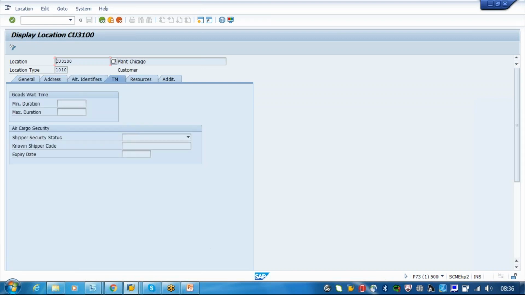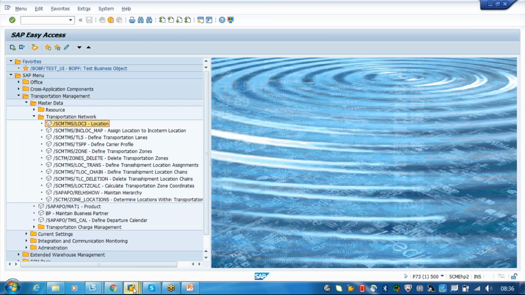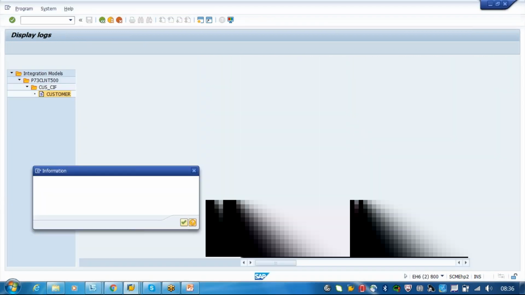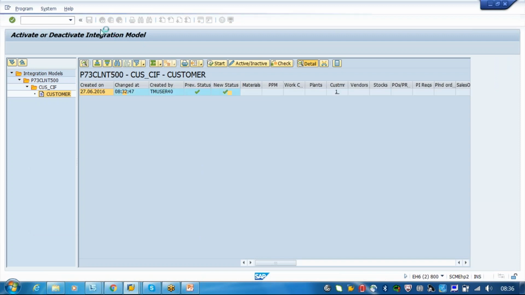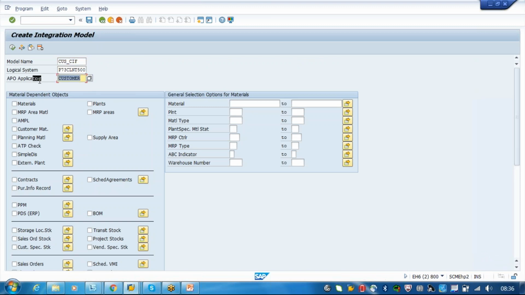Okay, and I will come to here. When we are discussing the location, today it's only a transfer of the data. In the same way, you can go with the plant creation also. So I will just transfer some plants. Now I created this, right? So I will go to CFM1 again. In your practice, what you can do is just try to create some new customer data and try to transfer it.